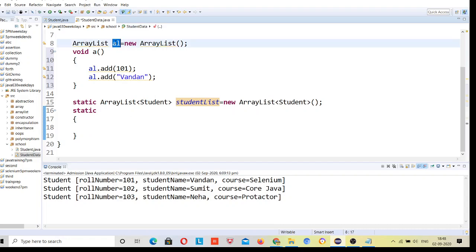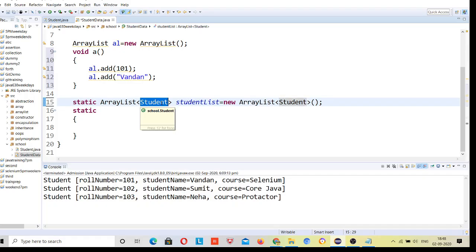This is a simple array list. You can add any kind of data to it, as much as you want. But here, this is the object type of array list. You can say this is a class type of array list. How do we add class type data in this array list?